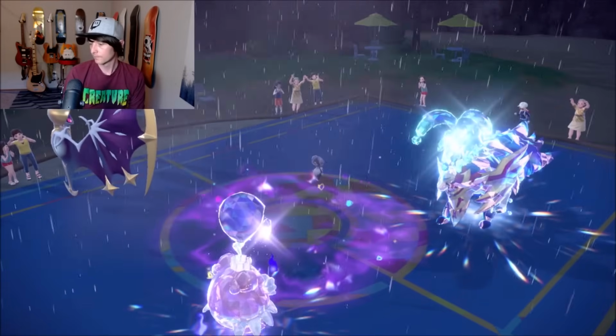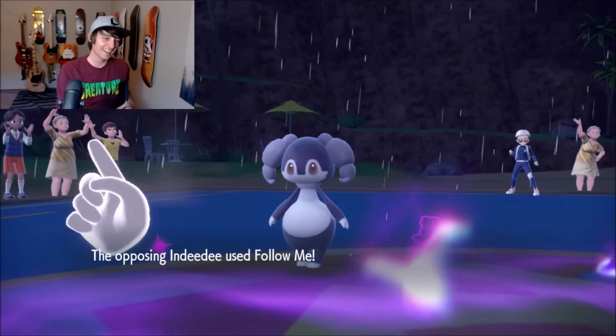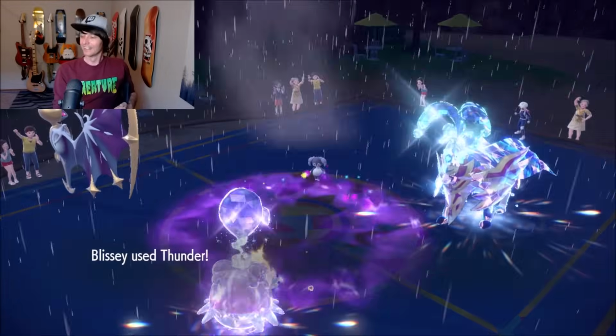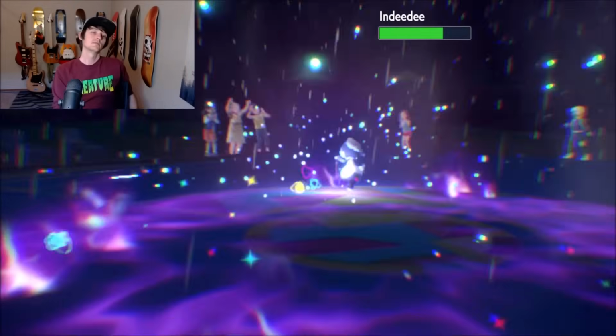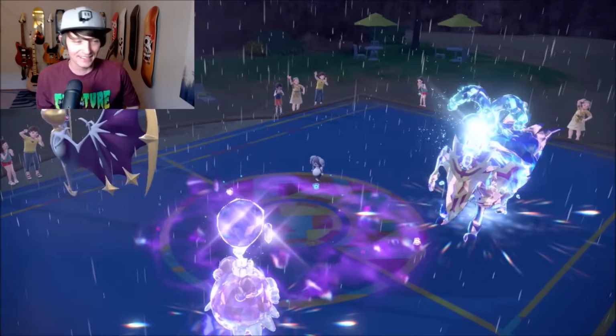It's fine. Quick Claw, there it is. Value. Blissey with the value here. Doesn't matter. Dude, that should let me bypass Follow Me. It really should. It should. Let's go. Look at that value. 60% chance Para. Dude, this is like unbeatable. Wait, why are you still setting up? I'm scared. What are you...